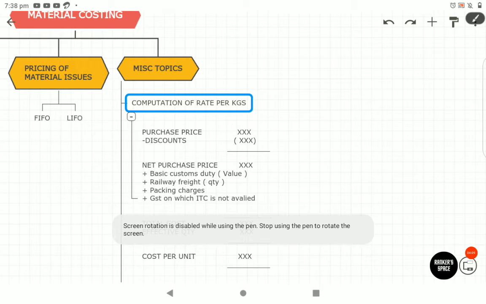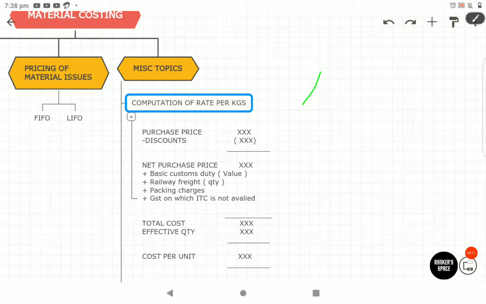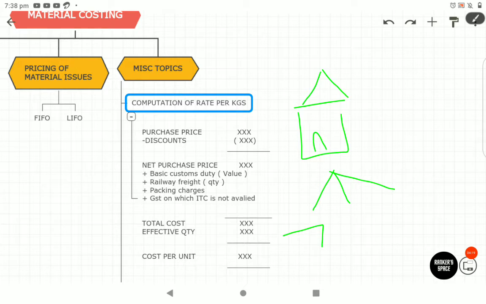Input tax credit is nothing but, say for example, you are building a house. In order to build this house, as I initially told you, you need bricks, you need cement, you need iron rods, right? So for all of these materials, inputs that are used in construction of this house,